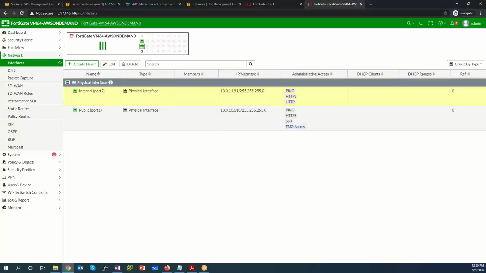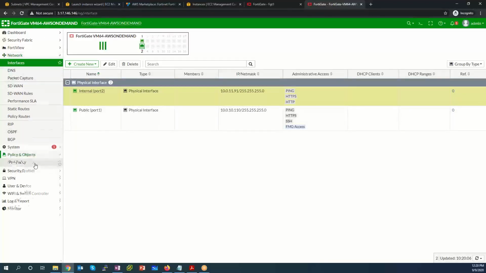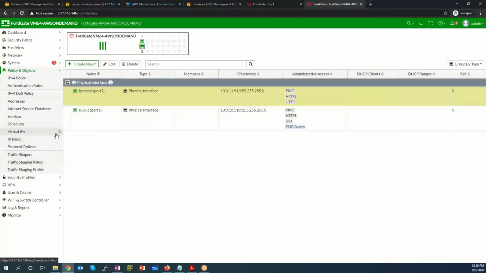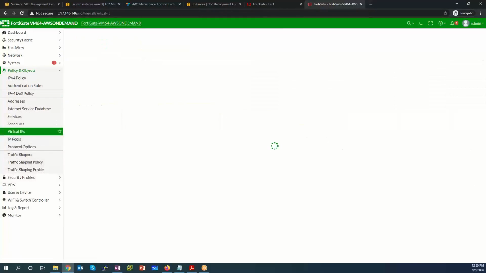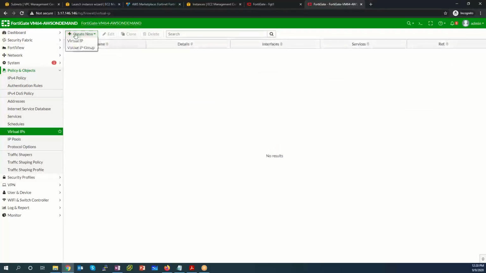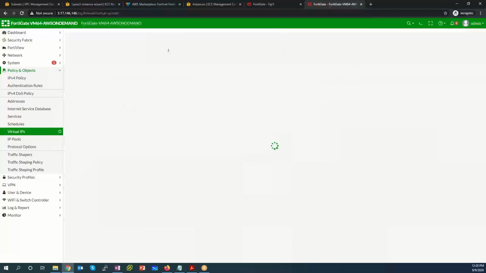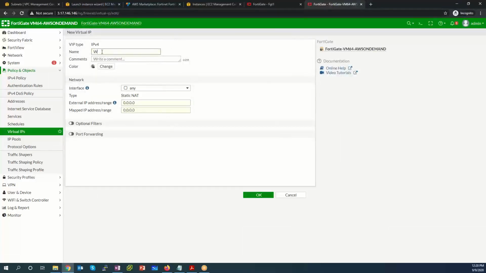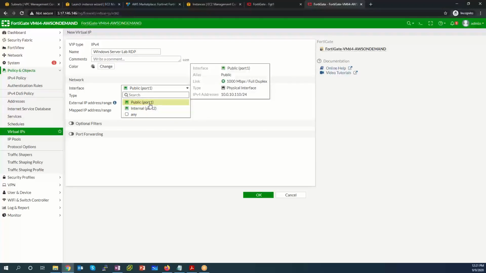So let's go ahead and configure our VIP. We'll go to Policy and Objects, Virtual IPs. We'll create a new one once we get here. Yes, there it is, create a VIP. We'll call this Windows Server Lab RDP. We'll tie it to the public side interface, which has an IP address of, well,